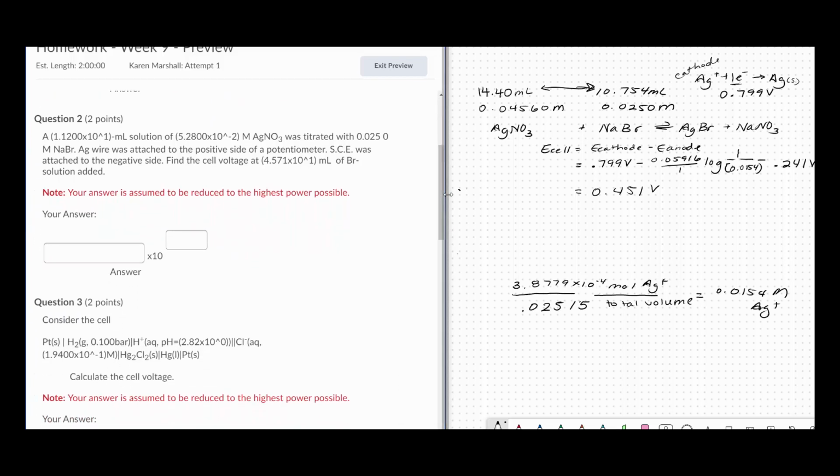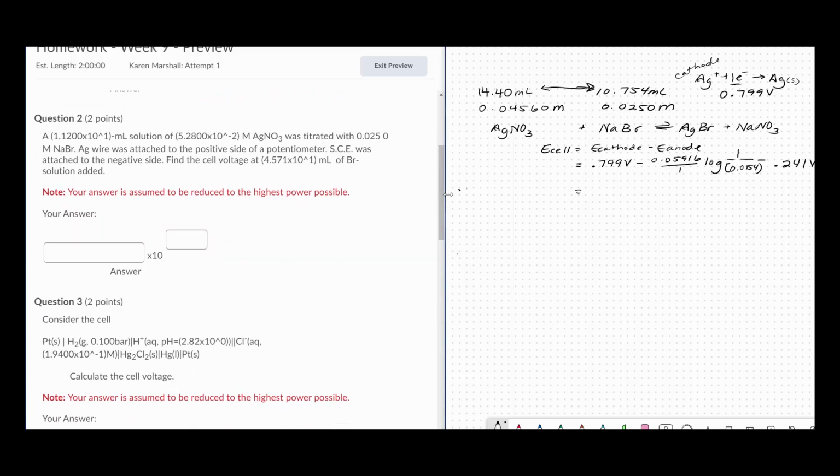For number 2, we actually have the same titration here, but we have some different values. So again, we're going to need to calculate where we are in the titration itself, before, at, or after the equilibrium volume. So let's write down these conditions. We have an 11.20 milliliter sample of 0.0528 molar silver nitrate, and we're titrating it with 45.71 milliliters of a